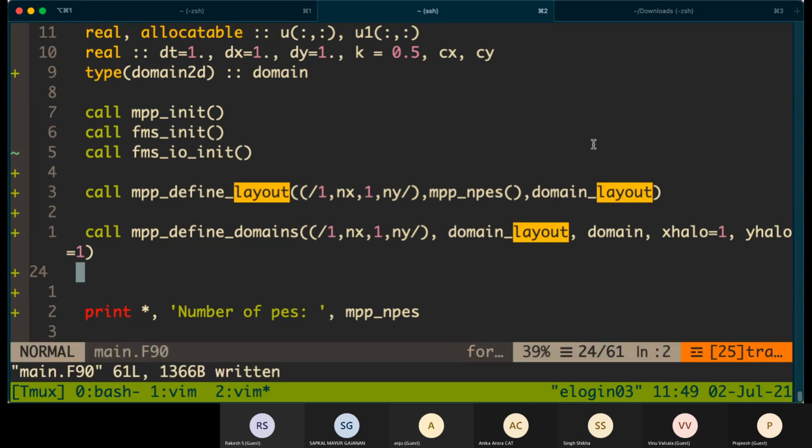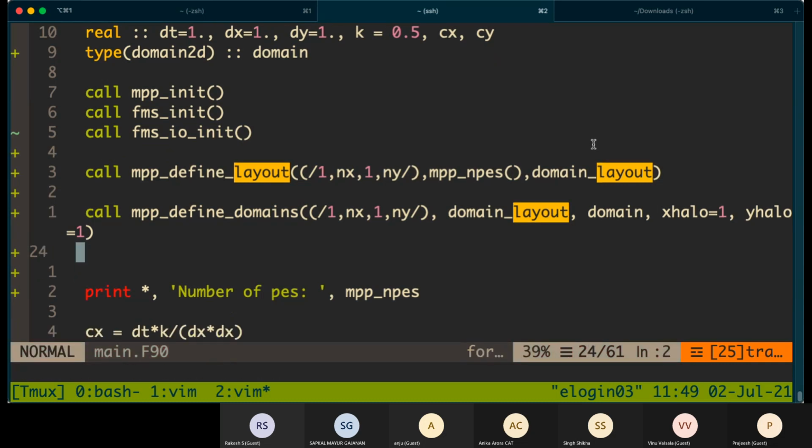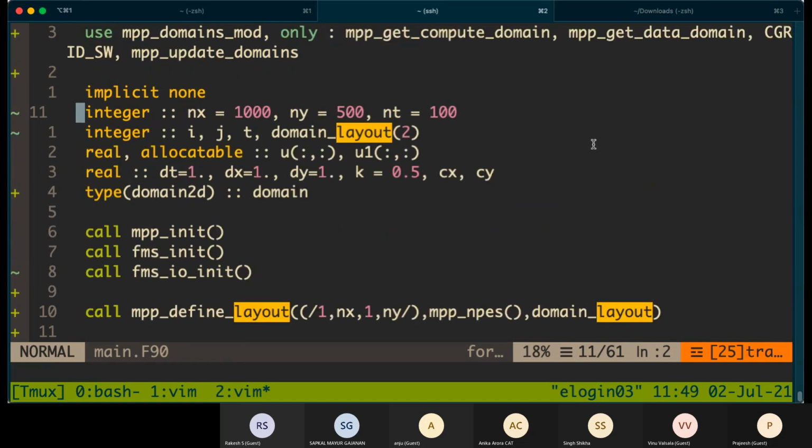Next thing is, now let's say I am using some number of processes. I'm using, let's say 50 processors. Now earlier I okay.